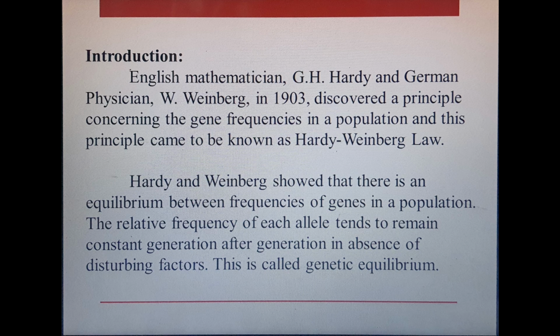Before 1908, it was the Mendelian era, in which every mating process was a controlled process, either in plants or in animals. By controlled mating, Mendel showed certain ratios which were fixed every time, like 3:1 of monohybrid cross. But in random mating among the population, it showed different gene frequencies, resulting in different phenotypes. Hardy and Weinberg showed that there is an equilibrium between frequencies of genes in a population.